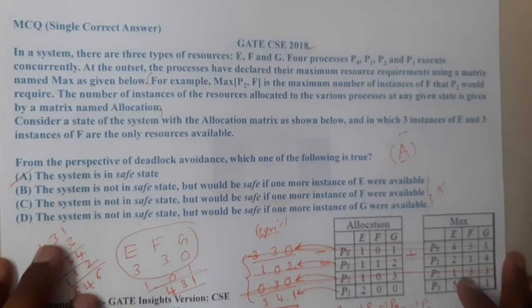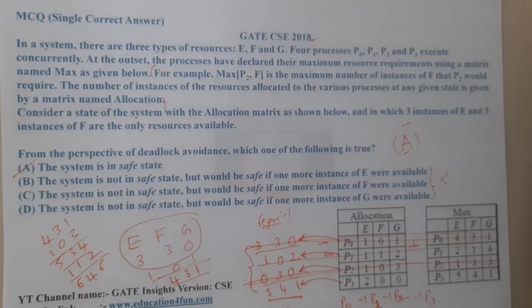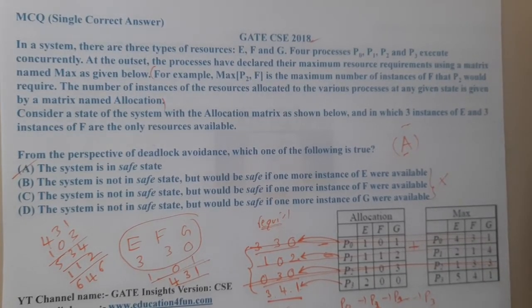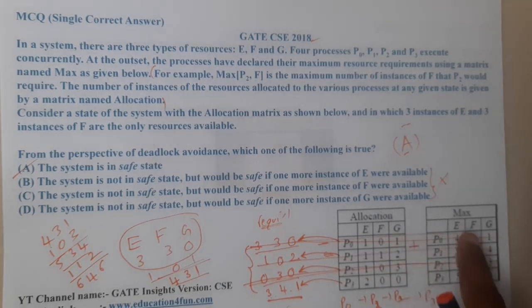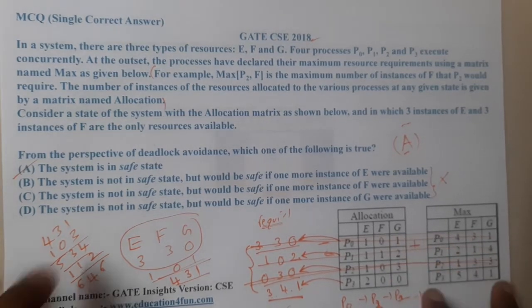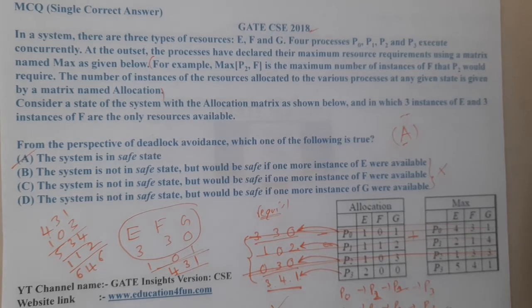These questions are really easy, guys. The only thing is you should concentrate while doing them and not make silly mistakes in these calculations. I hope everyone got a clear idea, right? And remember, in the question, 99.99% of the times, they will directly give you the tables, guys, and there will not be a time interval. Only once in GATE have we seen such a question, where at time 0 this resource is requested, at time 2 this resource is requested, in that fashion. I hope everyone got a clear idea with respect to this question.